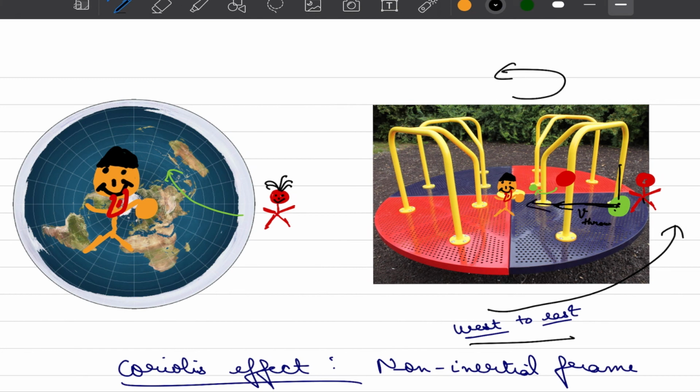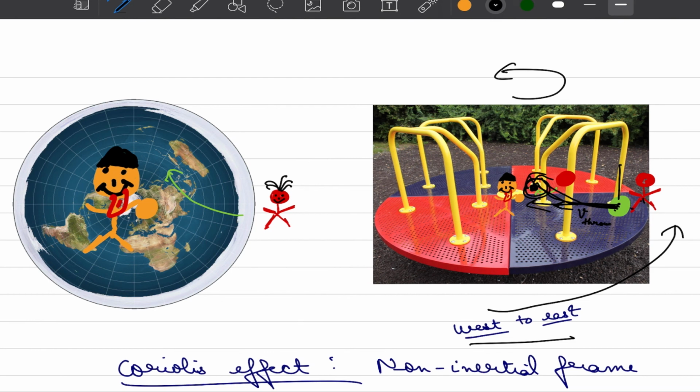So if he or she throws the ball in the same line, it is not going to end up here, but it will end up somewhere in the green position that I just circled, because of the higher tangential velocity from where it originated. To the guy sitting at the center, it would look like the ball has diverged towards a direction, or sorry, in fact the guy sitting on the periphery will observe that the ball has taken this curvilinear or non-linear trajectory as it moves from origin towards the destination.